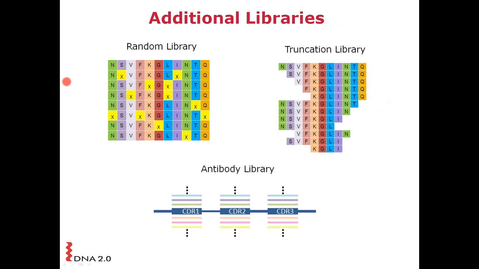Now, there are additional libraries that we offer. The demand for these is somewhat lower, so I'm not going to discuss these in any significant depth. A random library is something that's generated by error-prone PCR. These tend to be relatively reasonably priced. The mutations are completely random. They're going to be mostly substitutions, not truncations or